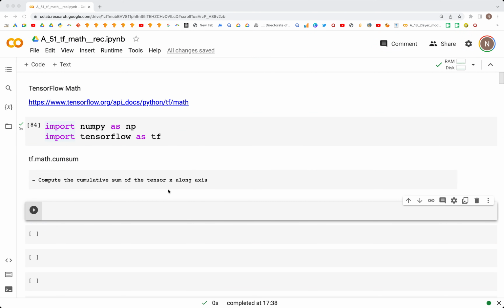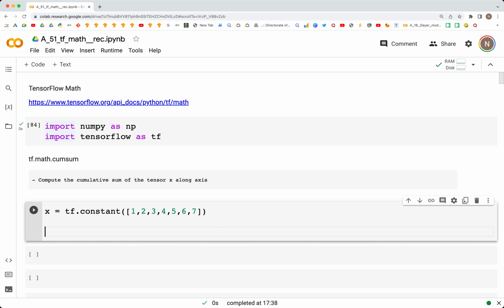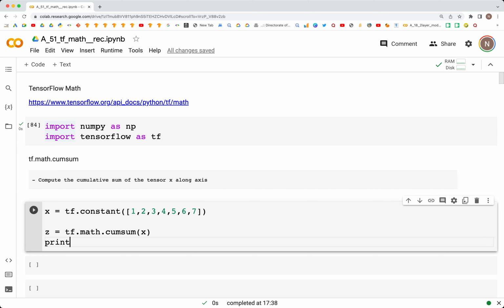In this video, we'll look at how to calculate cumulative sum using the TensorFlow math library. So for cumulative sum, just as we did in cumulative product, we'll create a tensor x is equal to tf.constant, and here we'll use the values 1, 2, 3, 4, 5, 6. Let's go up to 7. We need a comma there, and we'll calculate the cumulative sum by using tf.math.cumsum and input the value of x, and we can print the value of z that would be in the